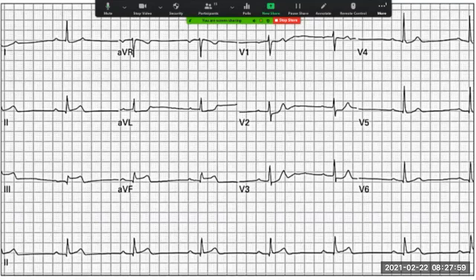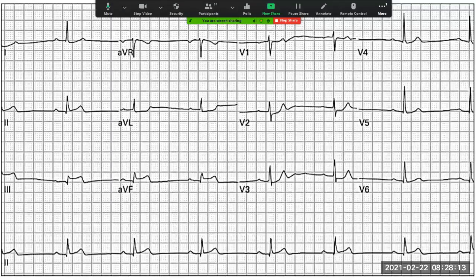Depression. And then in leads V5 and V6, which are the lateral leads, you can argue it's a bit of ST depression as well. And then we come across to leads 1 and AVL, which are the high lateral. If you look at lead 1 and AVL, what do you notice there? That's the normal line. What's happening here? This is going down, right? So that's an ST depression, all right?